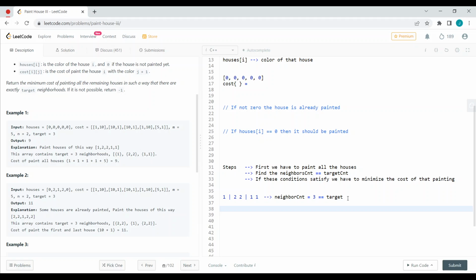We can also paint in this fashion: 2 2 1 2 2. Consider we are painting in this fashion. This also has a neighbor count of 3. The neighbor count is the same, 3. But let us see the cost for this. For this we have painted the first house with color 2, and the cost is 10